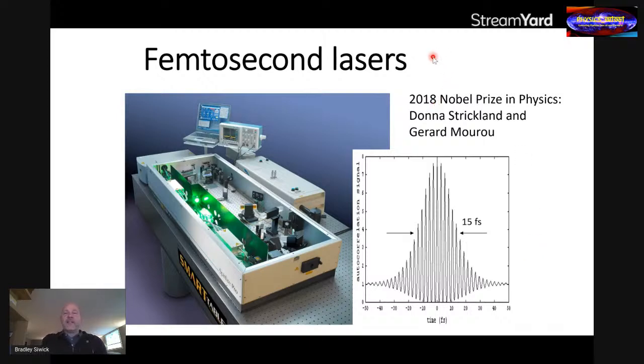And that is to combine the electron microscopes that I spoke about up until now with another piece of technology, which is femtosecond lasers. So maybe some in the audience will know that in 2018, the Nobel Prize in Physics was awarded to Donna Strickland and Gerard Mourou for their development of a critical piece of technology, which is called chirped pulse amplification. Okay, you can actually see that inside of this box if you're an expert, but I'm not